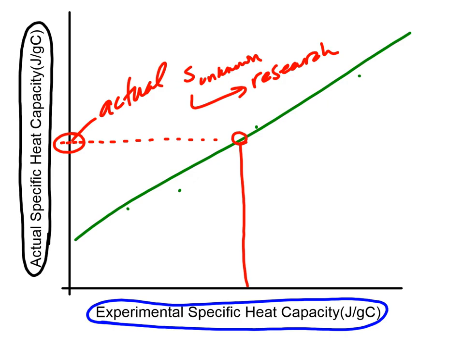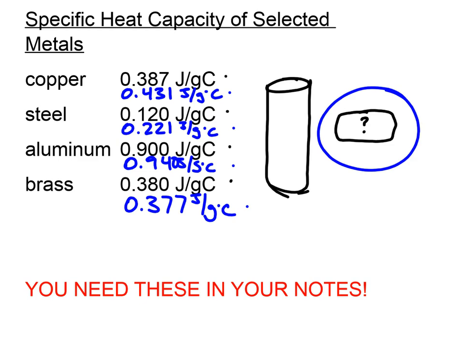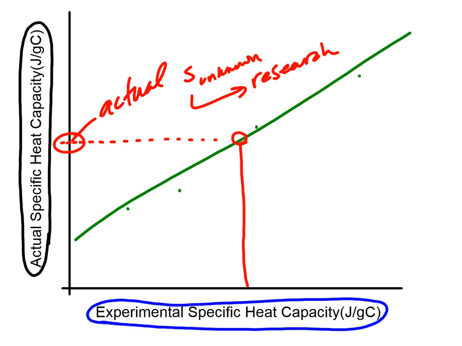on the graph. You will then do a best fit line of those 4 points, and then you will take whatever your unknown was, this guy right here, and you will plot him on that same line, on that same graph, and you're going to go up here, find out where he is on that line, and then mark your way over to the y-axis to find out what the actual specific heat capacity is based on your